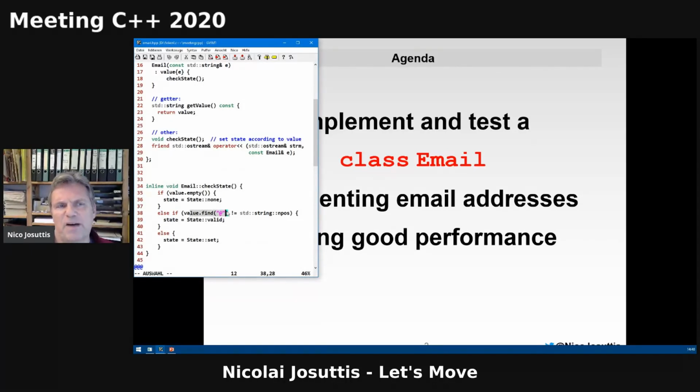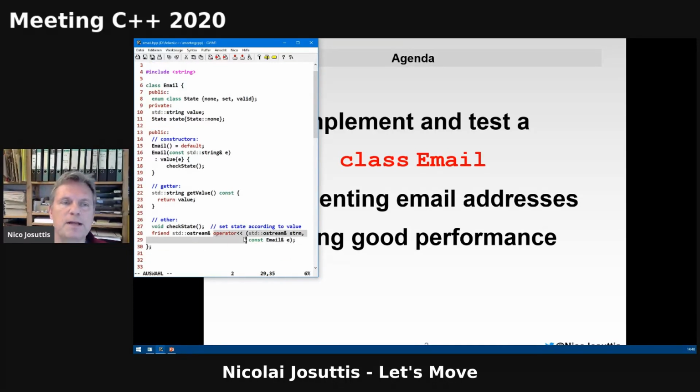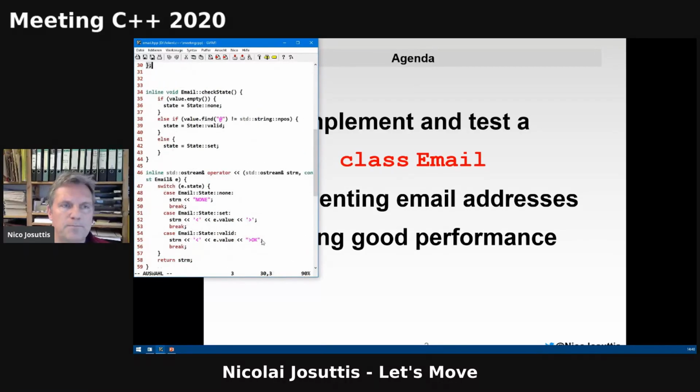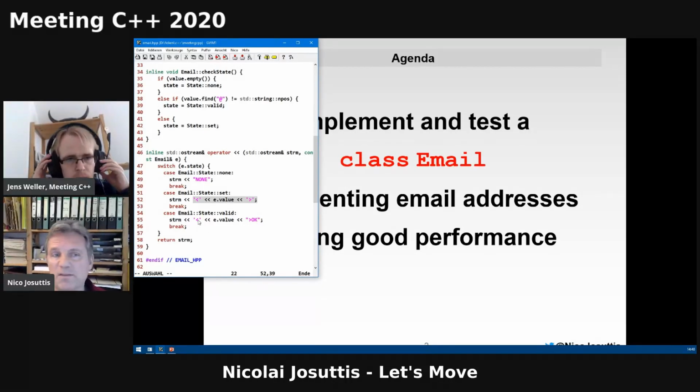So for the moment, we don't want to look any more against that. Here we just find an ampersand. So if it contains an ampersand, it's valid. And of course, a lot of other things are missing there. And then we have a getter returning the email address. So get value, returning this by value. We will talk about that. And finally, we have an output operator. The output operator just will print none or the email address in angle brackets, or if it is a valid email address,